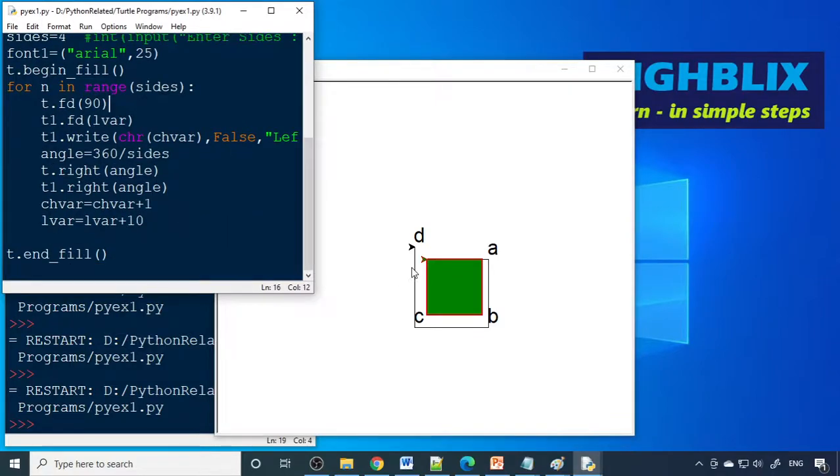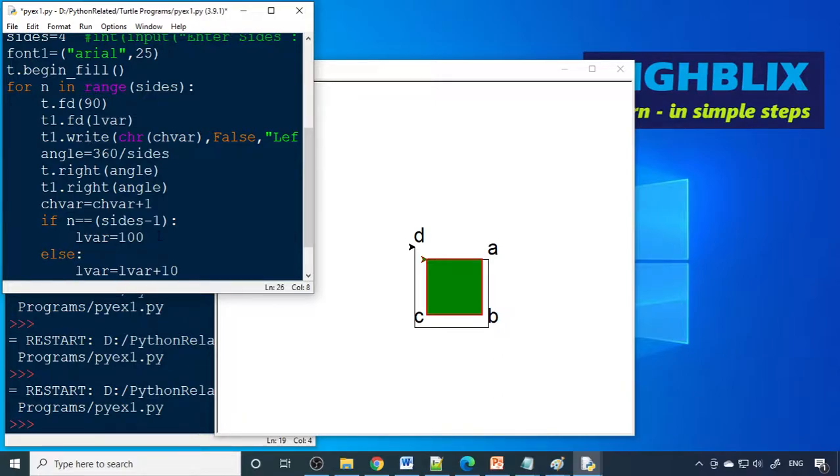So what we do is, for the last angle we don't want to do the increment. So we can say if n is equal to sides minus 1, then lvar is equal to 100, else we can increment the variable.